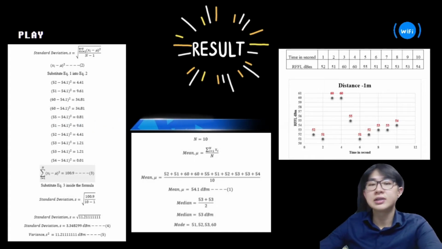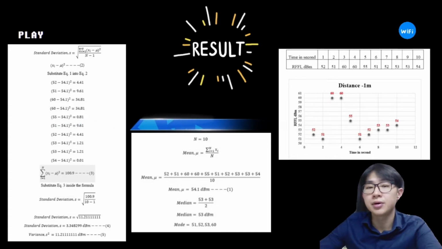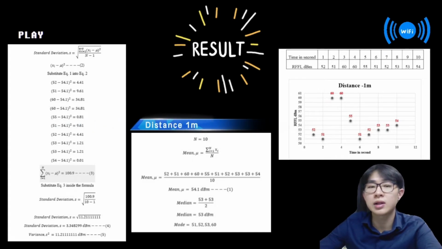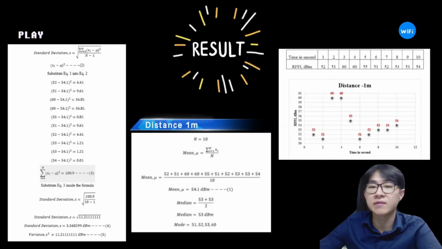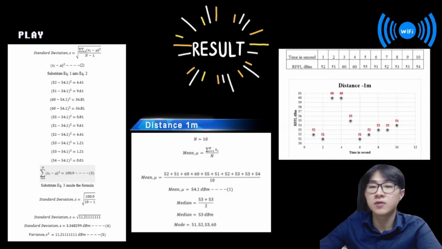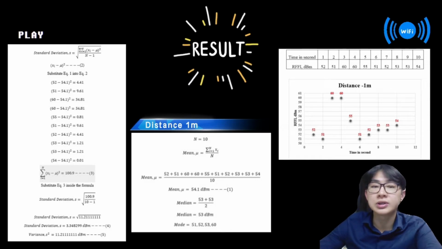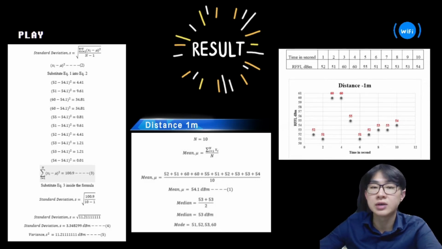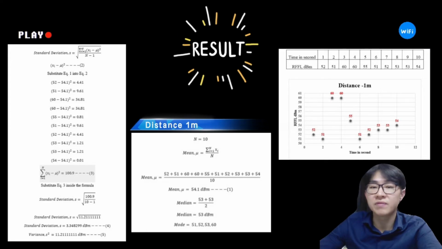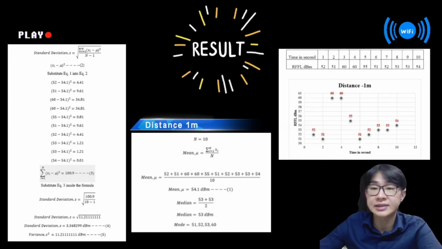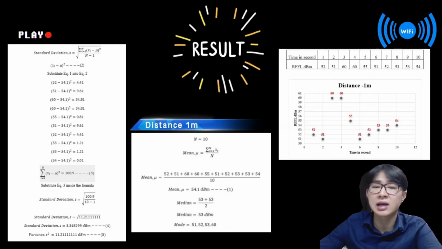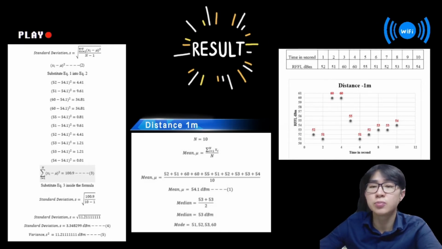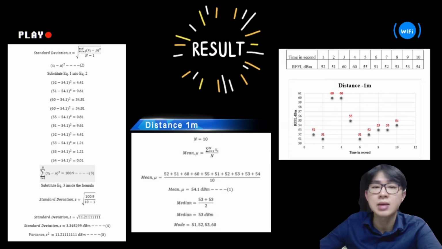For the first scenario, we have a distance of 1 meter, and when we calculate the standard deviation, we must first discover the mean. Then we get 54.1 dBm from the data. The mode is the value that appears most often, so I'm receiving 51, 52, 53 and 60. The median is the middle of the reading, so I'm getting 53 dBm. After that, I calculate a standard deviation of 3.348299 dBm